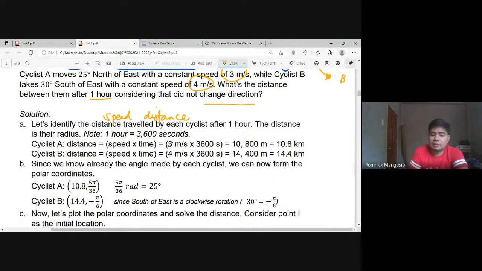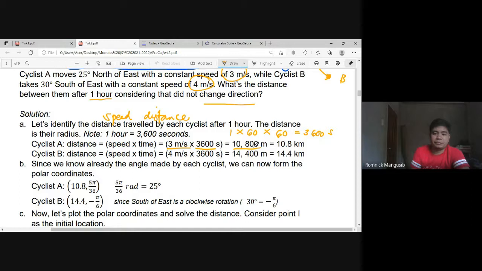So kung ang speed ni cyclist A ay 3 metro sa bawat segundo, ang 3,600 seconds ay katumbas ng 1 oras kasi 1 hour multiplied to 60 minutes times 60 because per minute is 60 seconds, you have 3,600 seconds to complete an hour. So kung may 3,600 na segundo ang 1 oras at sa bawat segundo ay gumagalaw siya ng 3 metro, i-multiply mo lang ang 3,600 sa 3, it will give you 10,800